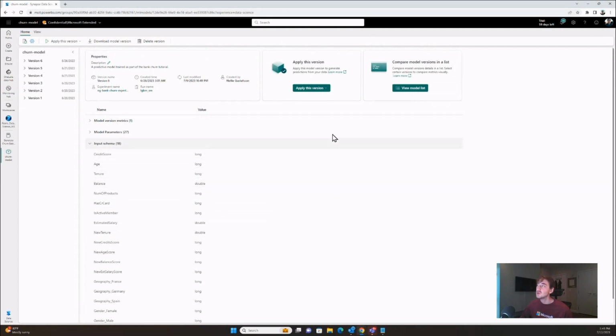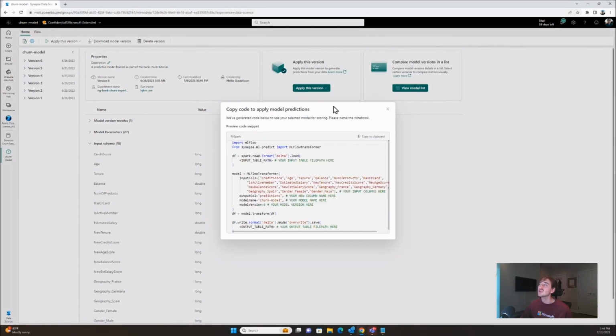So what we can do from here is go to this apply this version button if this is indeed the model that we want to apply, and we have two options. I'm going to show you both, but let's just start with this copy code to apply. So if you don't know how to invoke the predict function, you can actually go ahead and take a look at this template here that has preview code snippets that's going to show you everything you need to work on